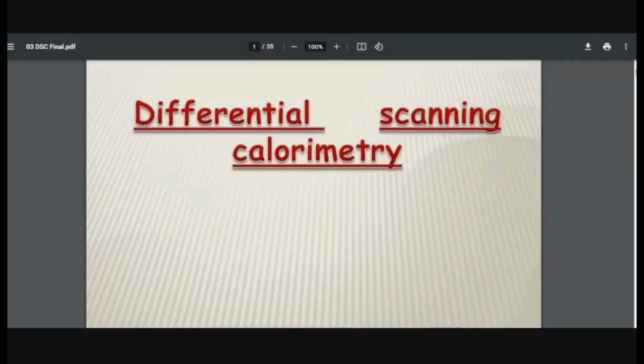Let's start with the third method now, differential scanning calorimetry. Now, the name could have been just differential calorimetry. Why is it scanning? What do you think scanning signifies? Differential scanning